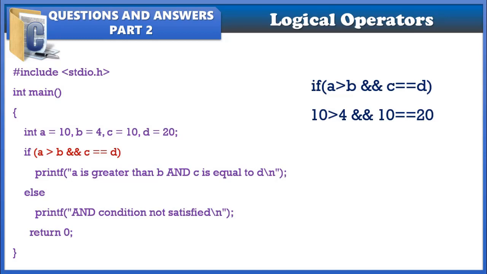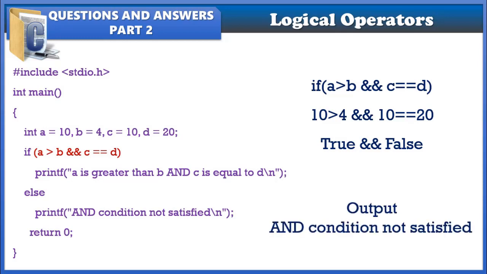The first condition, 10 greater than 4, is true and 10 equal to 20 is false. So this is the situation here: true, logical AND false. We know that if either of the conditions becomes false in logical AND, the entire expression will become false. So the condition will become false,